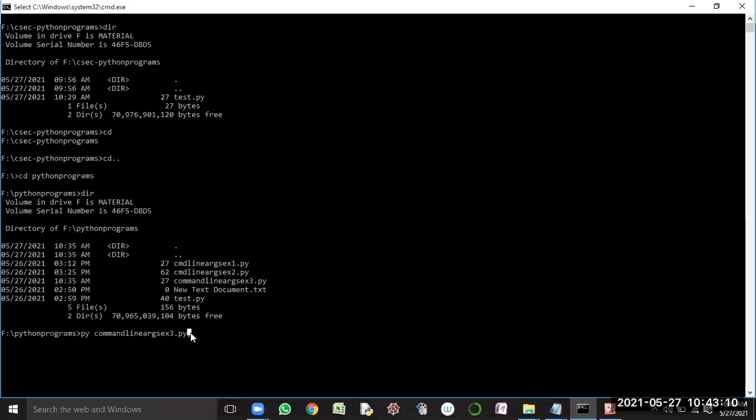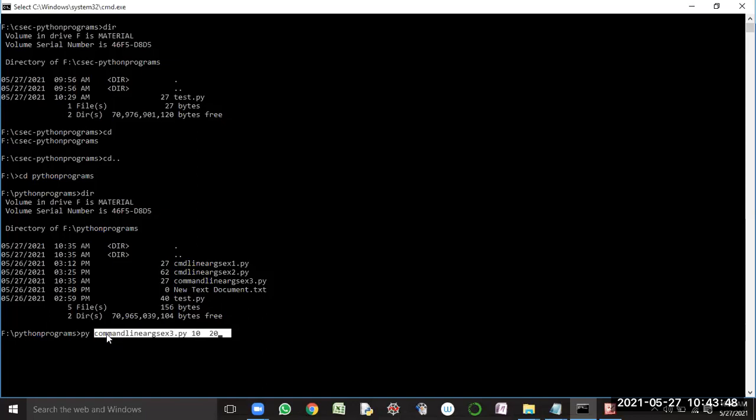Okay. So if I'm giving space here, after space, if I'm specifying one more value, I'm giving 10. After that, I'm giving space. At least one space has to be given to specify an argument in the command line. So give one space at least. So I'm giving 20. Now, if you see here, how many arguments are available here? This is called the command line. At the command line, this py is considered as the command. Other than py, whatever values are available, which are separated by spaces, those values are treated as the command line arguments.